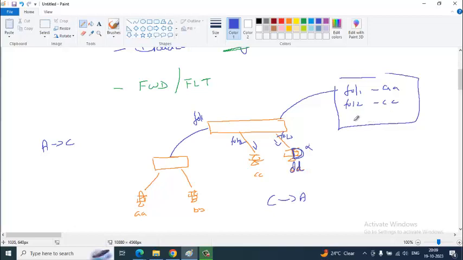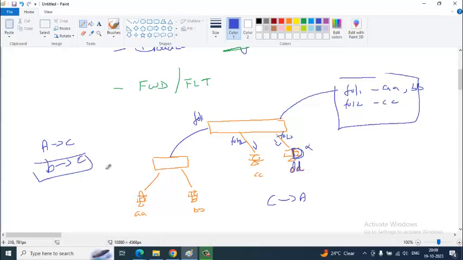And now, let us say B talks to C. Again, when this frame approaches F0/1, it learns another MAC address. So one thing you see here is that there can be more than one MAC address on a port.